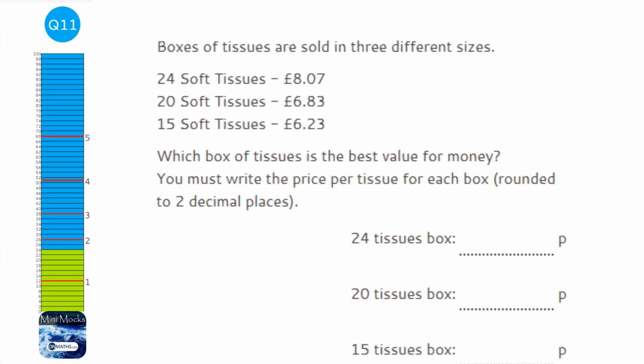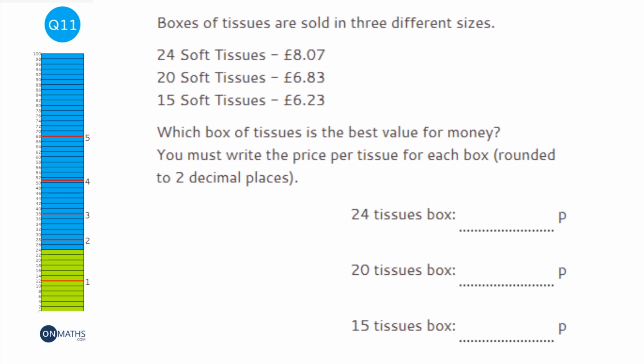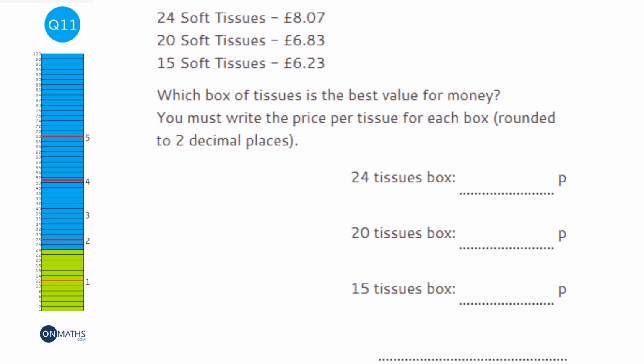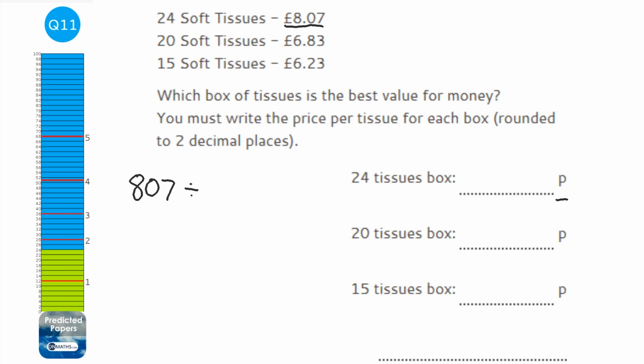Okay, so this question gives you a little bit more of a hint of how to answer it than your exam will. And to answer this question, we're going to find the price per tissue in each box. So the first box is £8.07, but we know we're going to work out our answers in pence. So I'm just going to do 807. And to work out the price per tissue, I'm going to divide that by the amount of tissues. So divide it by 24. So 807 divided by 24, and that is